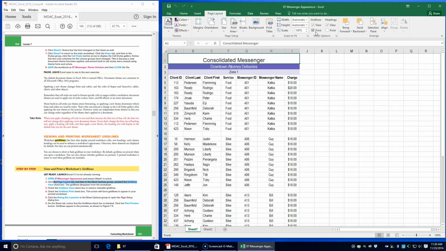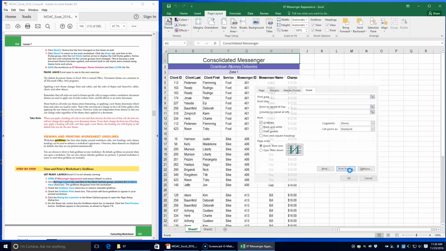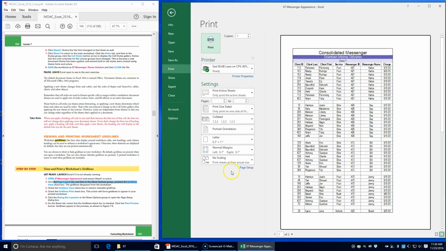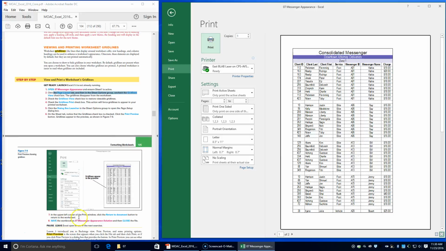It says to click the dialog box launcher in the Sheet Options group right here, to open the Page Setup dialog box. On the Sheet tab, notice that the Grid Lines checkbox is checked. Click the Print Preview button. Okay. Grid lines appear in the preview also, so you should see the grid lines. Okay. It says in the upper left-hand corner of the print window, click the Return to Document arrow,